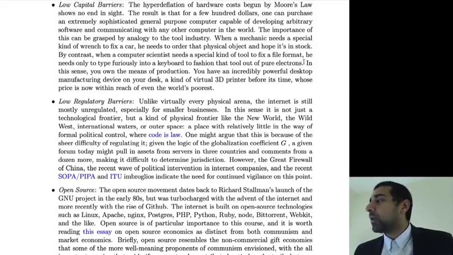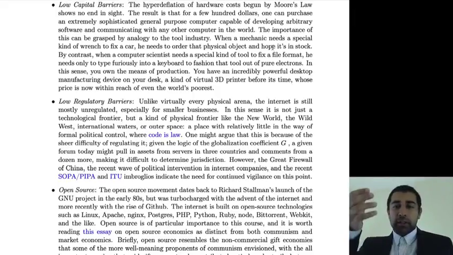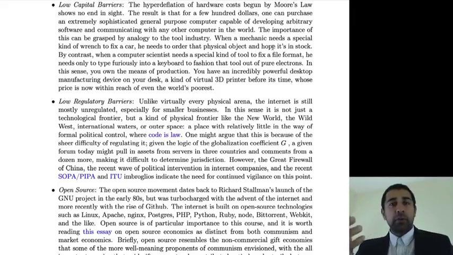A useful way to think about this is, if you're a mechanic and you need a special wrench, you need to go to the store, or you need to go to the catalog and order that wrench. If you're a computer scientist or a software engineer and you need a special tool, all you need to do is think it up and then type furiously into your keyboard, and suddenly this wrench of pure electrons is basically there, and then you can use it to tweak whatever piece you want.